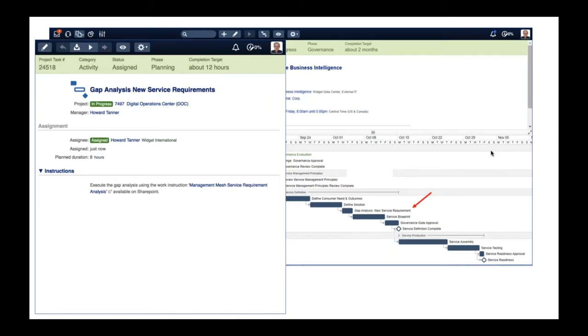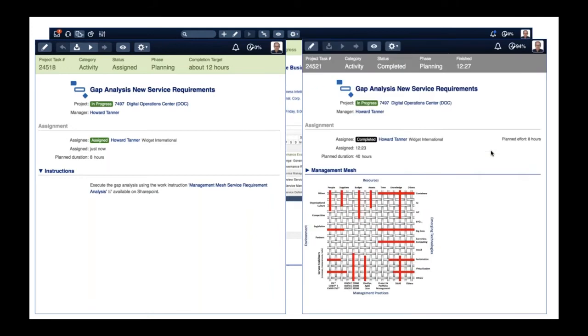So the task goes out to someone to actually do that gap analysis, and the result could be something like this, where the management mesh is now included in the task and is showing where we have issues for bringing this new idea to market, because we have gaps in certain areas.